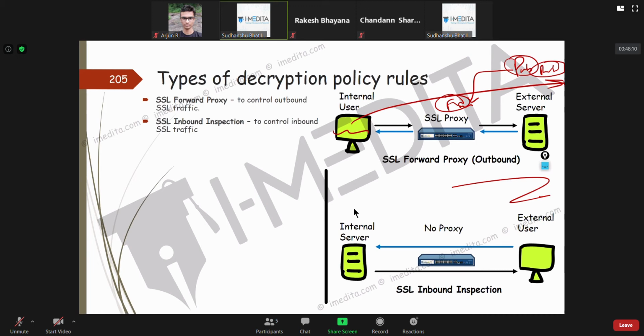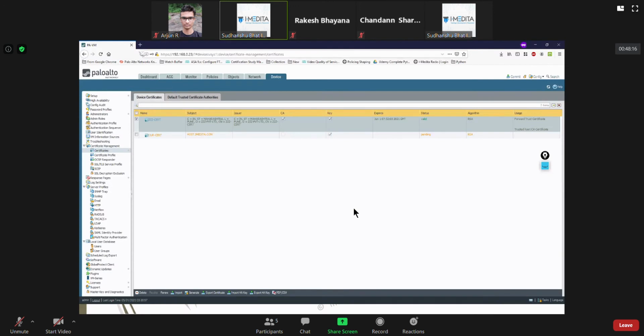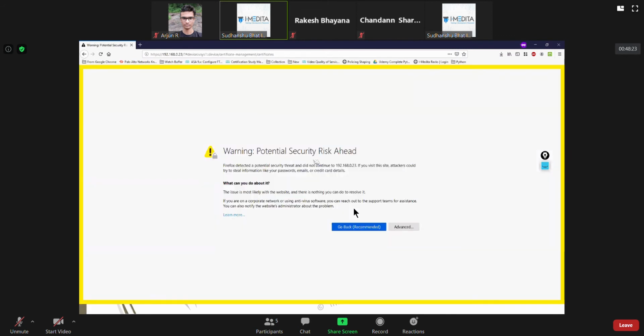So if the certificate is not valid, maybe you get those errors which are something like this. When you open that website, you will get an error like this.